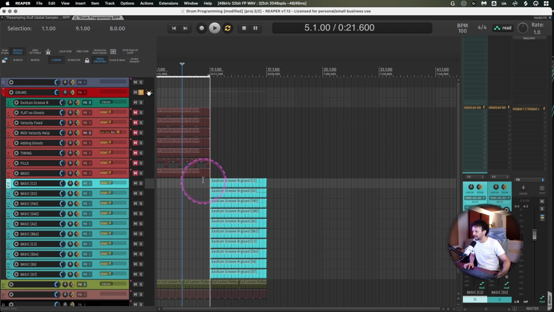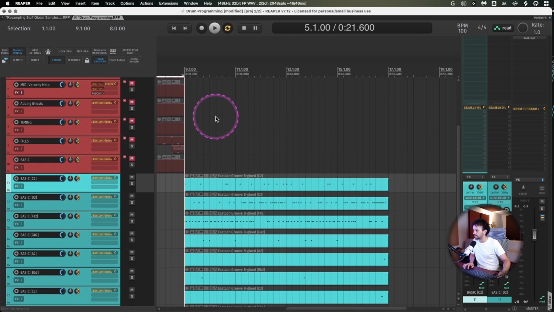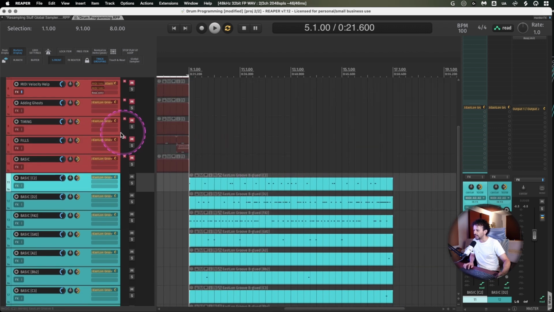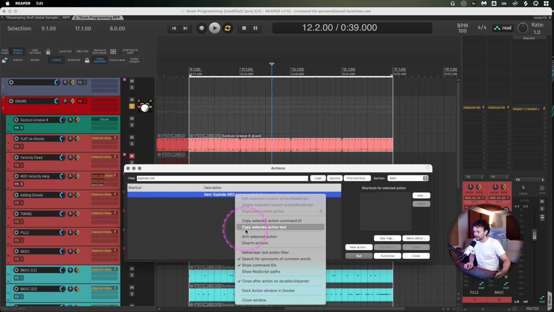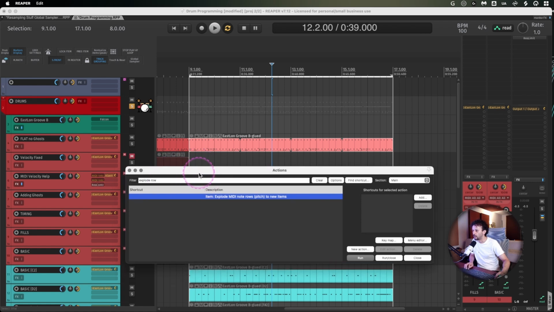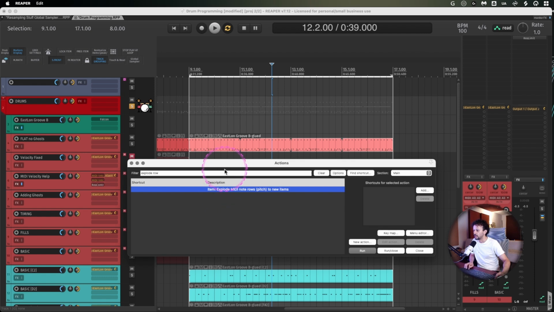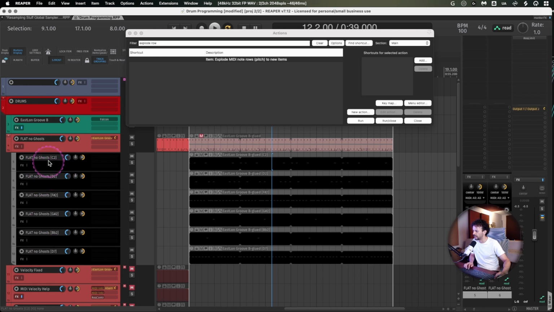Okay, and the last thing for this video that could be really useful for you is that maybe you have that MIDI pattern really set up, and there's an action that you can use, also built into Reaper. I will leave this action as usual in the description of the video. Explode MIDI note rows, pitch to new items. Since every single drum hit is one single pitch, it will explode it and give you a whole separation of that. So whenever I run this action, what will happen is it will drop them as some children tracks,